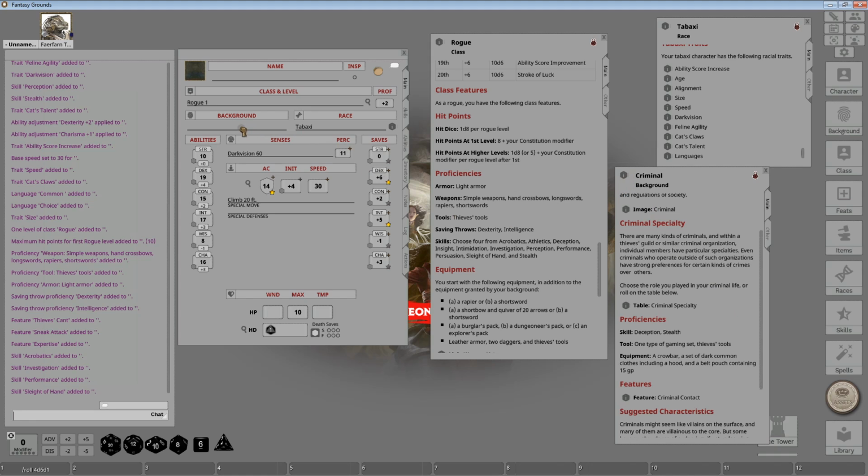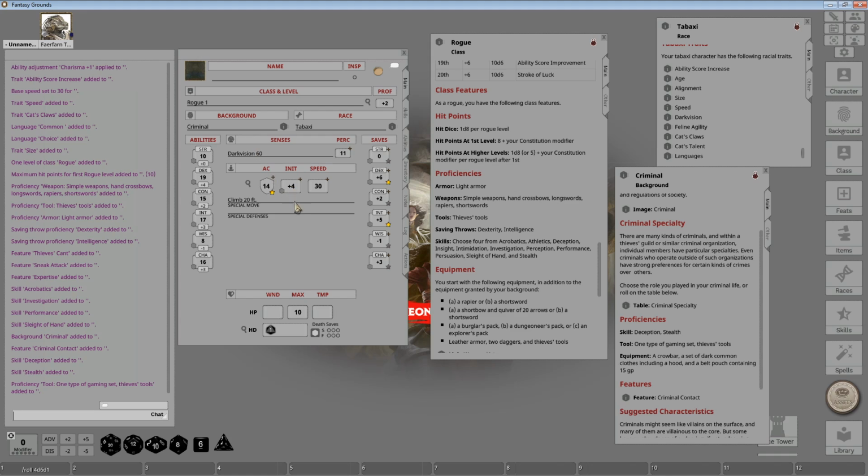And now I'm going to drop the background into place. Okay. So, once again, you see that we have a maximum hit point count. He only gets a +2 bonus, and rogues get a d8 for their rolls here. I'm going to